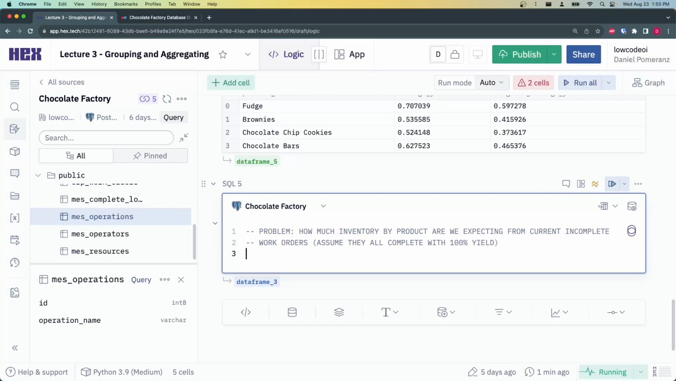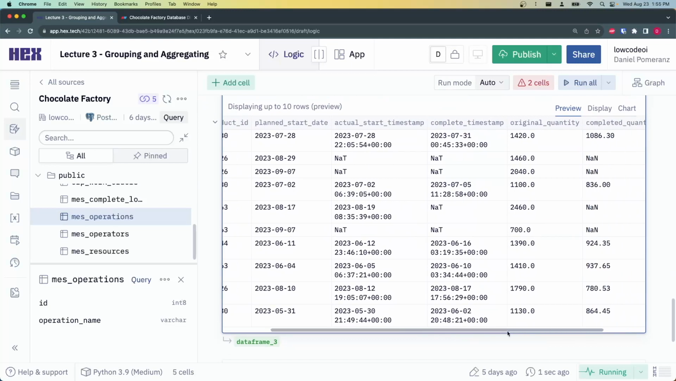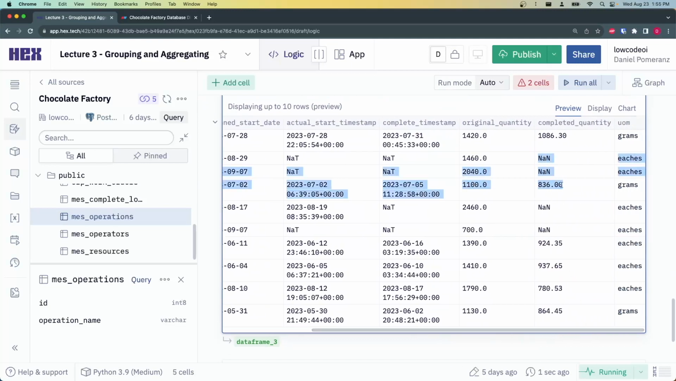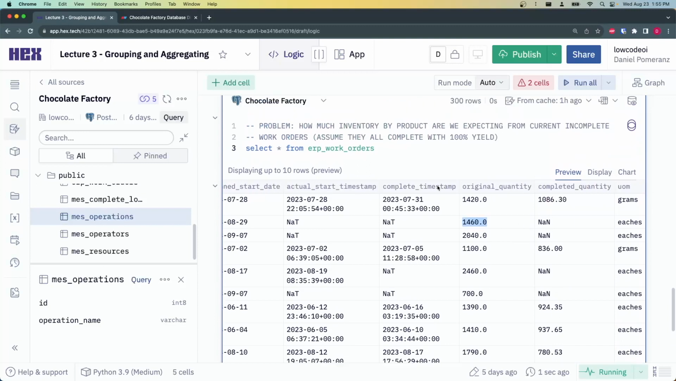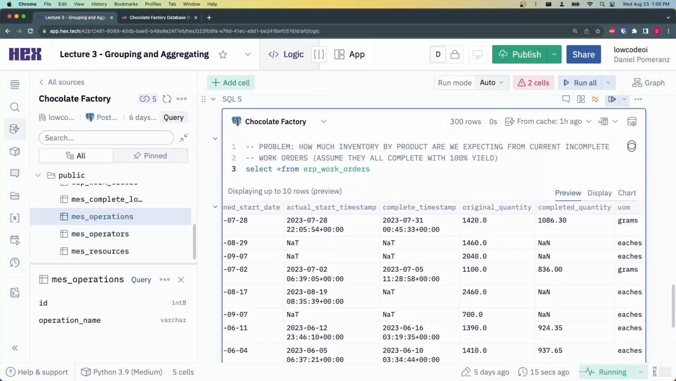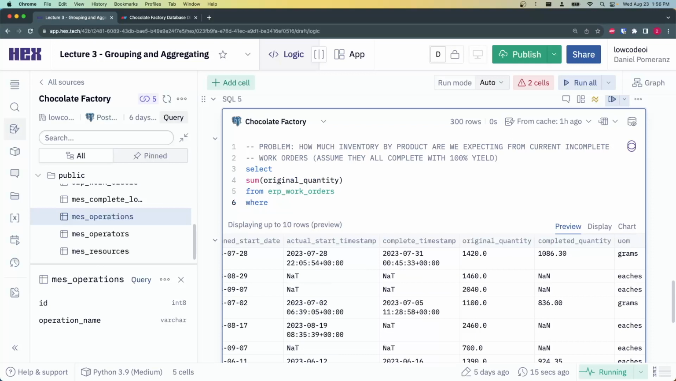All right, so again, select star from ERP work orders. Let's take a look at what we're working with. And what we need to do is find all of the columns that don't have a completed quantity and count the original quantity and sum that all together. So actually a very quick query here. All we're going to do, we are going to sum the original quantity from ERP work orders where completed quantity